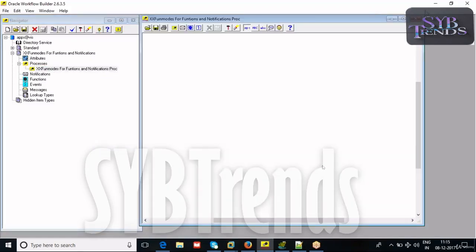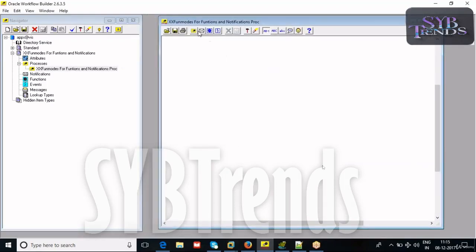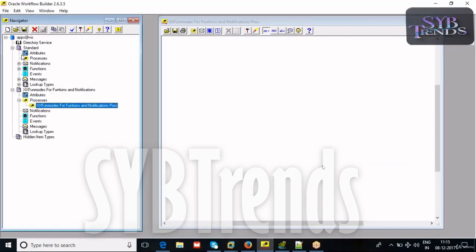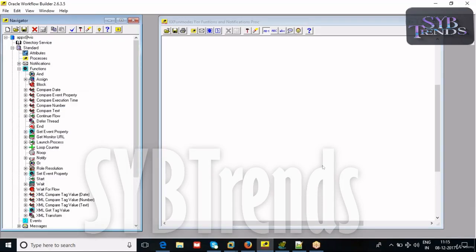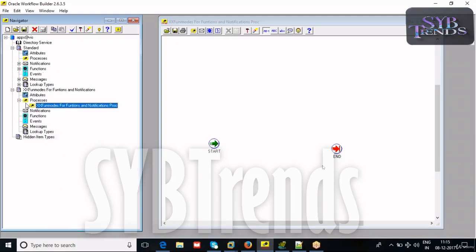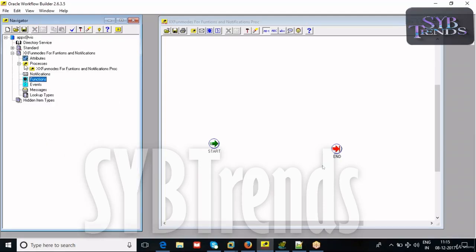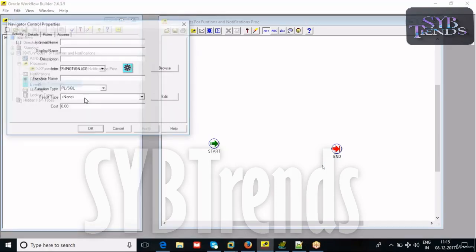Now when you open here your process monitor, here I would like to have a start button. Go to standard item type. Here you can see end, you can see start, and here only you can have a function. And now go to your new item type, click on function, new function,